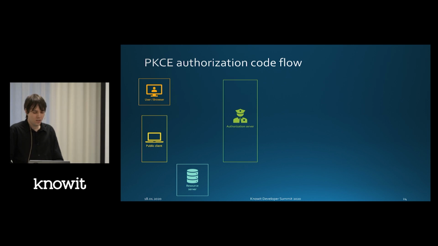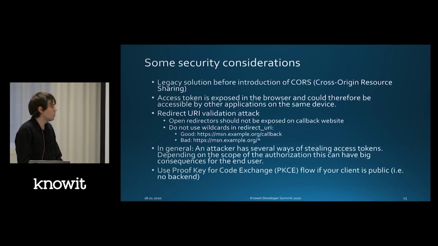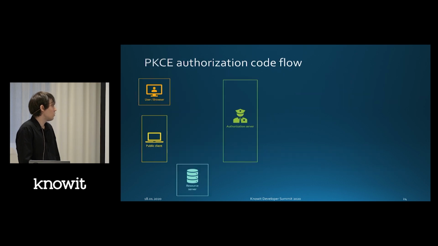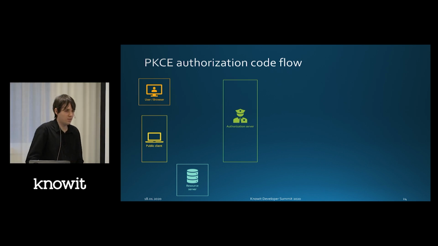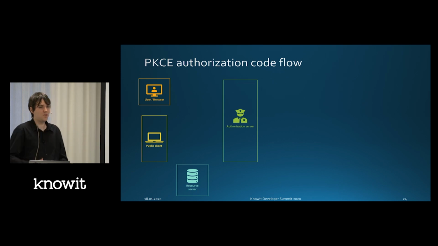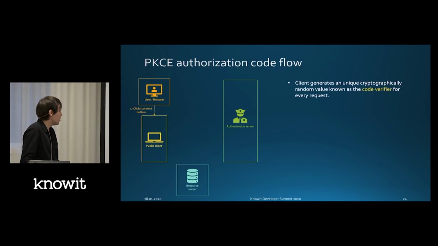So, hold on. Implicit flow was for public clients, and authorization code was for confidential clients. The Pixie authorization code flow is for public clients. It is basically semi-safe. It's not as safe as the authorization code flow, but it's a bit safer than the implicit flow. If the authorization server, say Spotify or Google, supports this, and you have a public client and can't have a backend for some reason, then you should rather use this. So let's look at it again. You click a button,